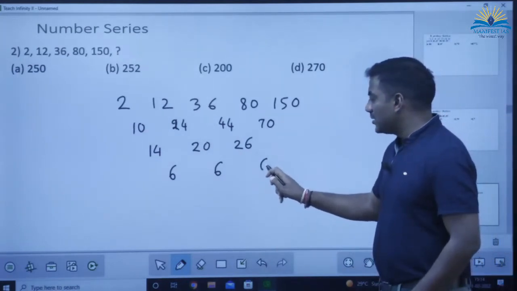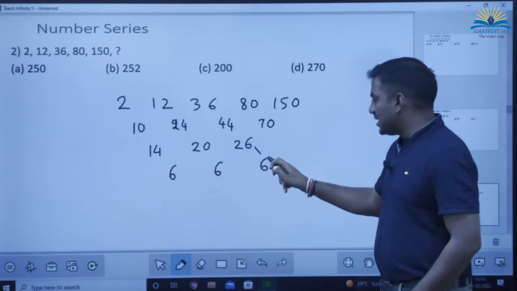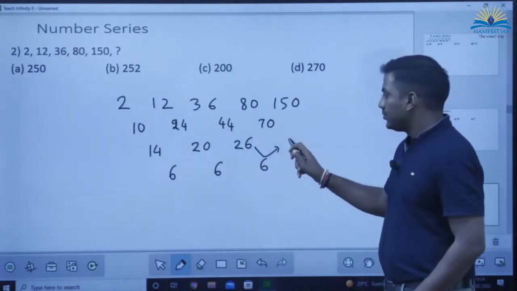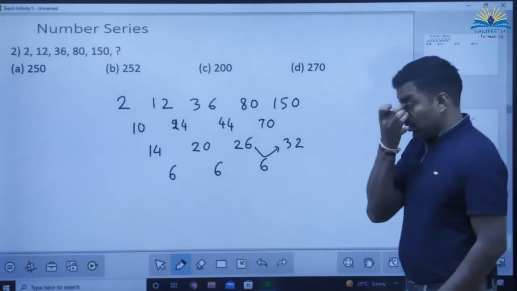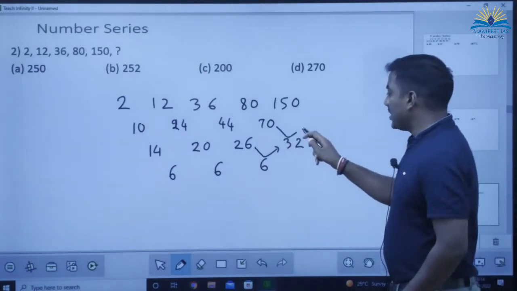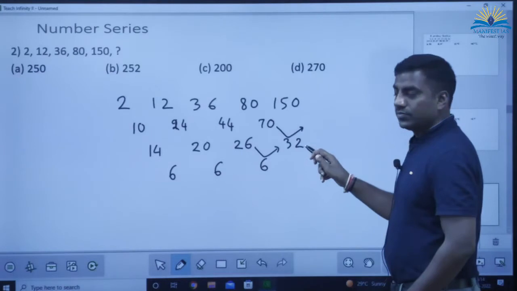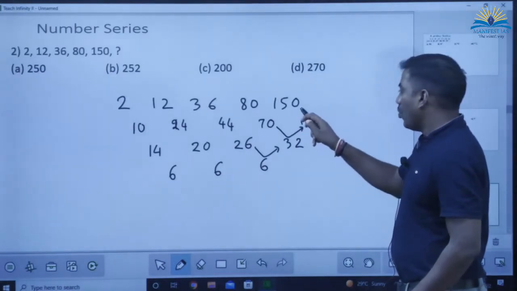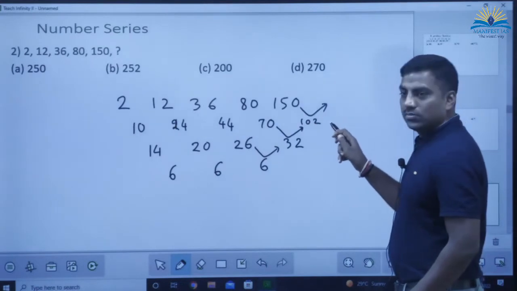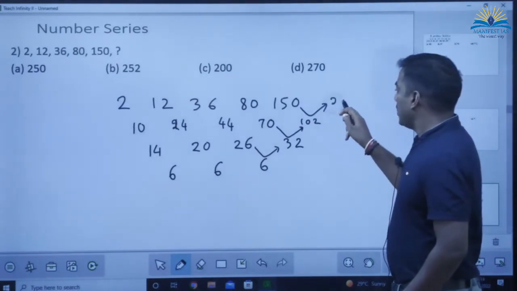Now, complete this. I can bring 6 here. 26 plus 6 would give me how much? 32. 70 plus 32, 102. 150 plus 102 will give me